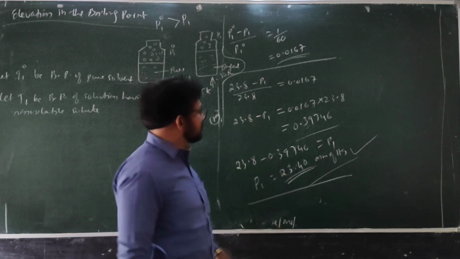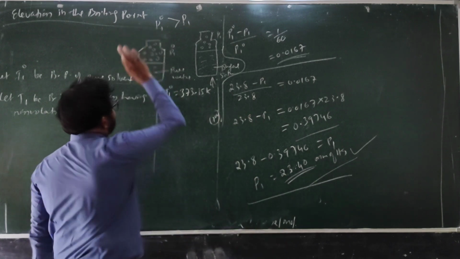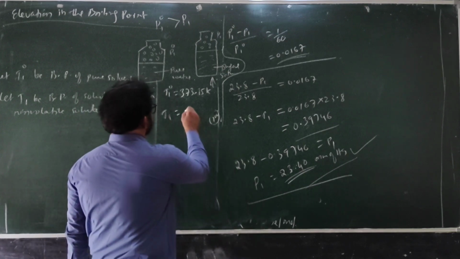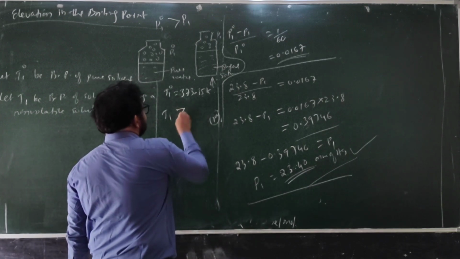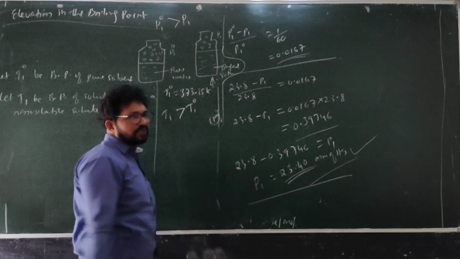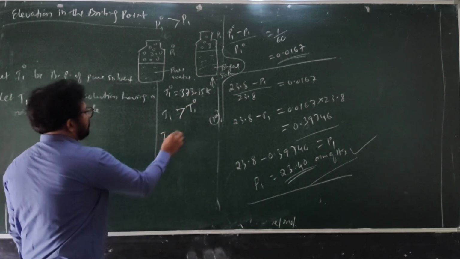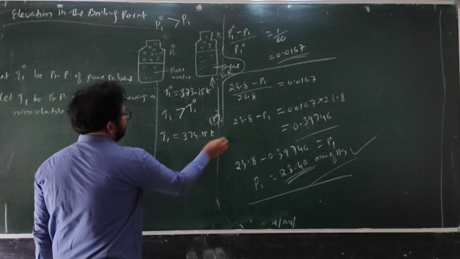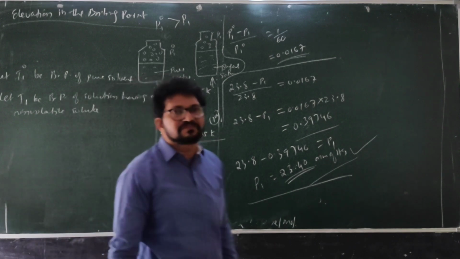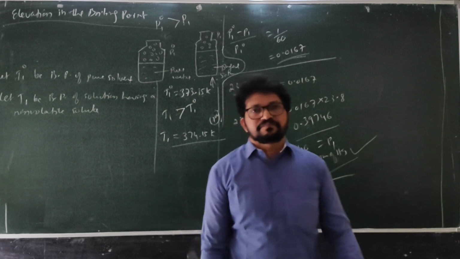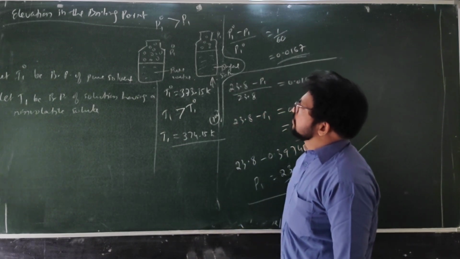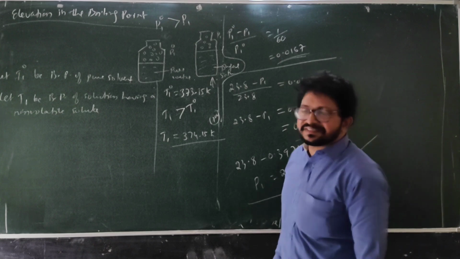So because of this concept, boiling point gets elevated because of vapor pressure. Now you see T1 is definitely more than T1 naught. I don't know how much sugar was added, maybe 374.15, at least 1 degree it will be elevated, if a good amount of sugar is added. So you understand why boiling point gets elevated?